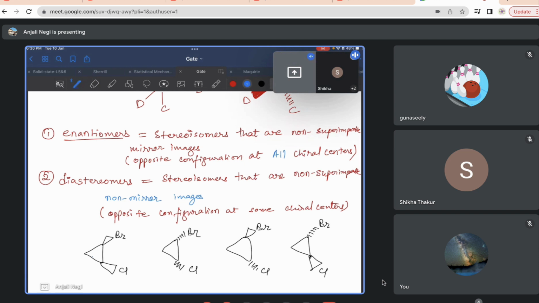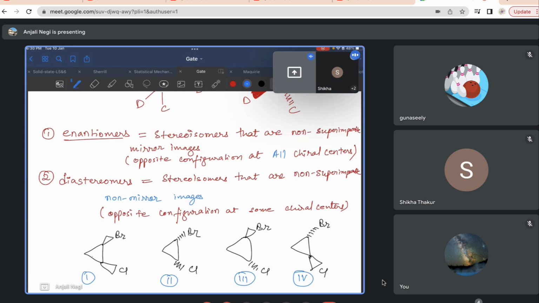So this is say 1, 2, 3 and this one is the fourth one. Now if I ask you which ones are pairs of enantiomers and which ones are pairs of diastereomers,